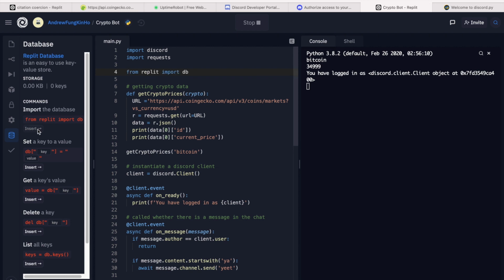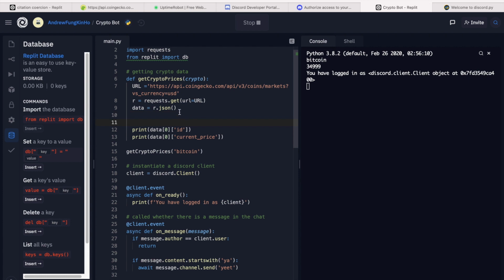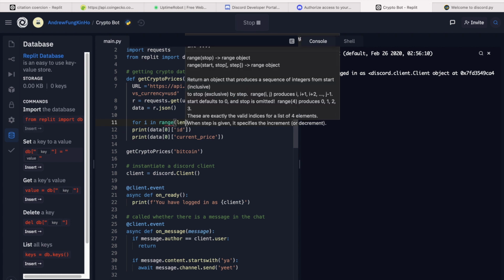We can just insert it here, from replit import db, and we have to loop through all the cryptocurrencies inside this JSON response. So we can do that using a for loop, for i in range of the length of data.